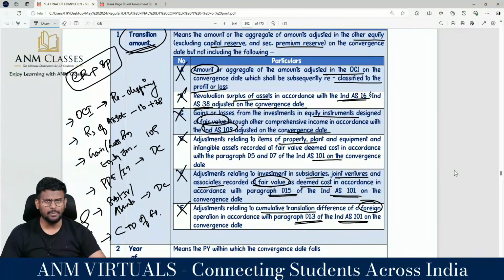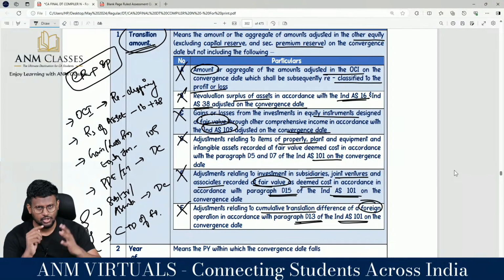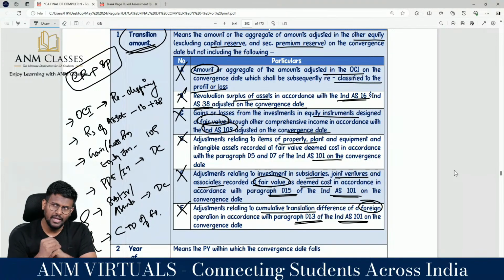So what is transition amount? Transition amount means the amount or the aggregate of amount adjusted in the other equity, excluding capital reserve and security premium, on the convergence date, but does not include 6 things. Number 1, any adjustment you made in the OCI which will be reclassified to P&L. Number 2, revaluation of assets as per Ind AS 16 and Ind AS 38, gain or loss from the equity